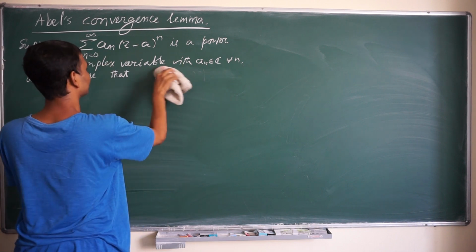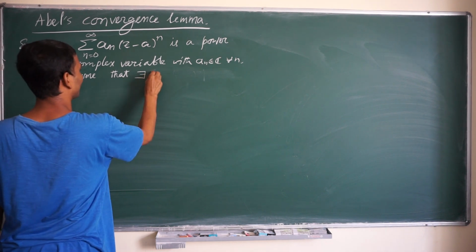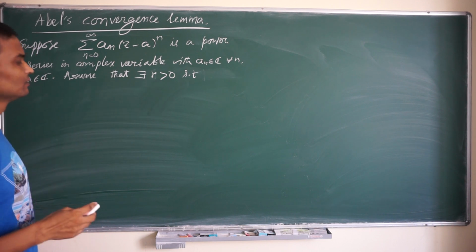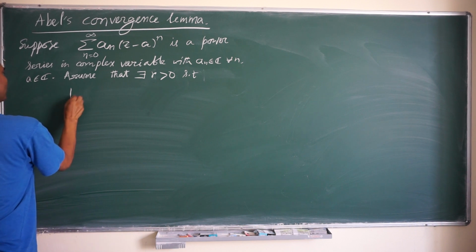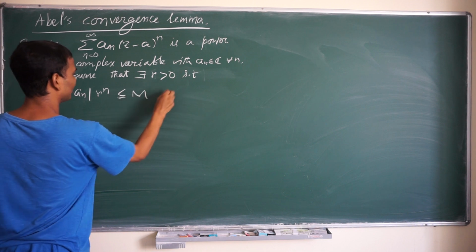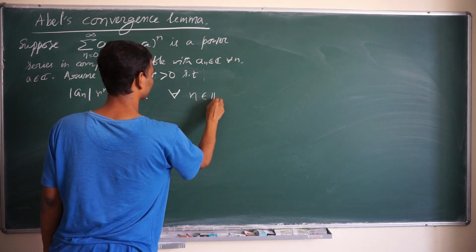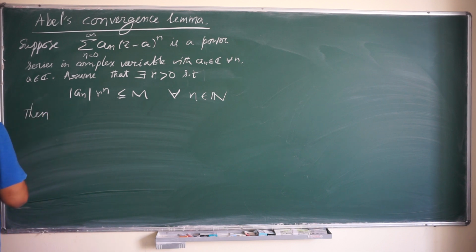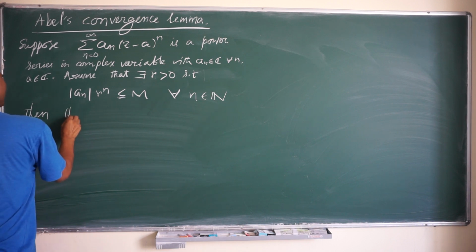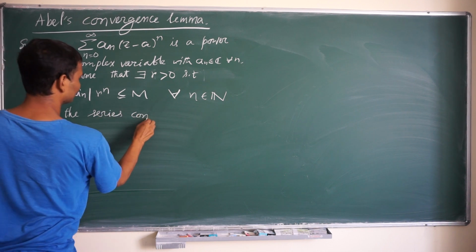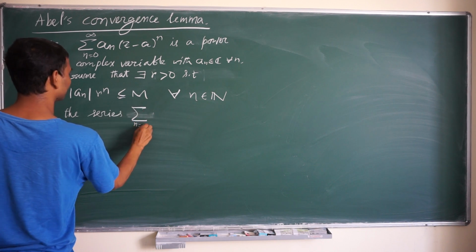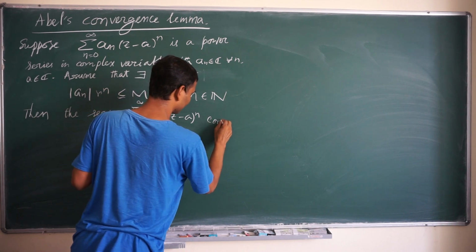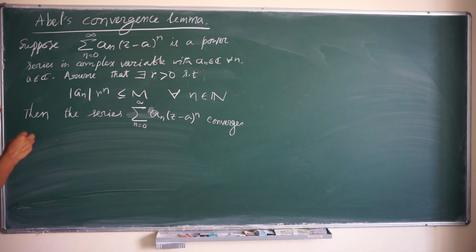Suppose that there exists r greater than 0 such that, and I will explain after this statement why you need this assumption, mod of a_n r to the power n is less or equal to M for all n natural number, then the series, summation n from 0 to infinity a_n (z minus a)^n, converges absolutely